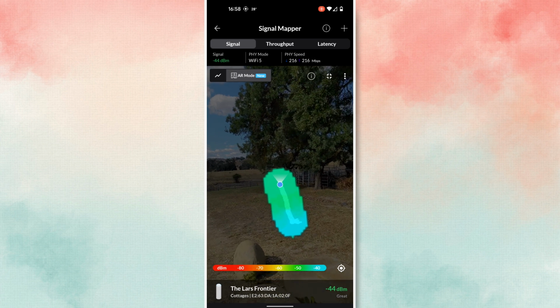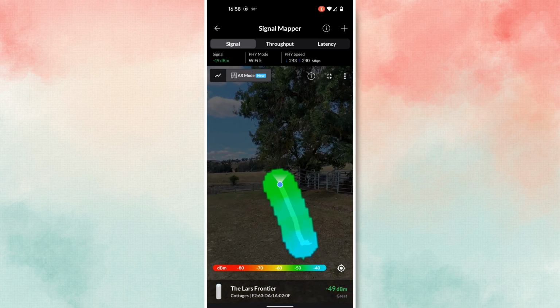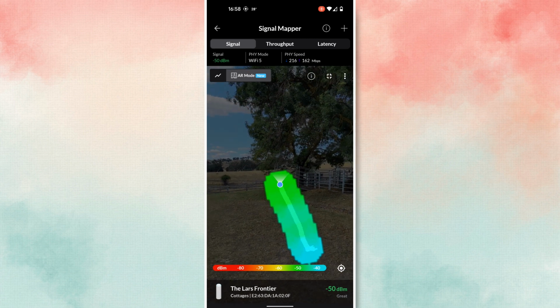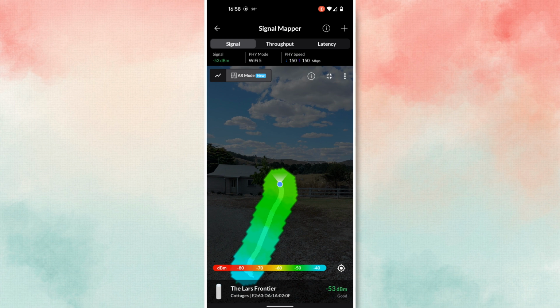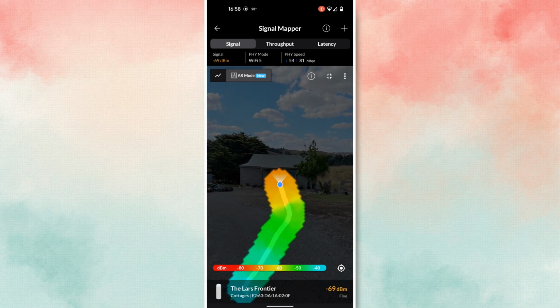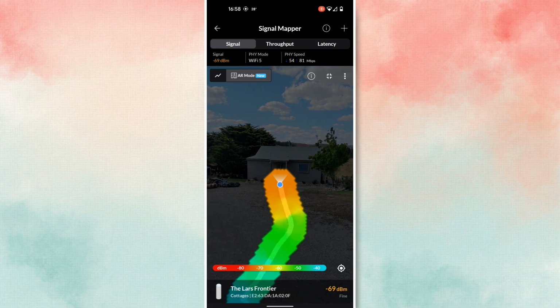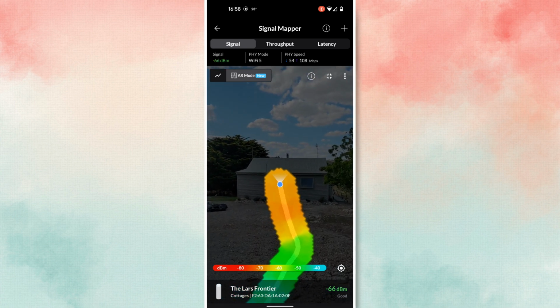You can see that the signal goes to green. So the signal's now getting worse, or less. Now, if I then move down towards another outdoor access point I have down here, see now the signal's getting really poor. Well, not poor, but it's deteriorating. So eventually, as I come over here,